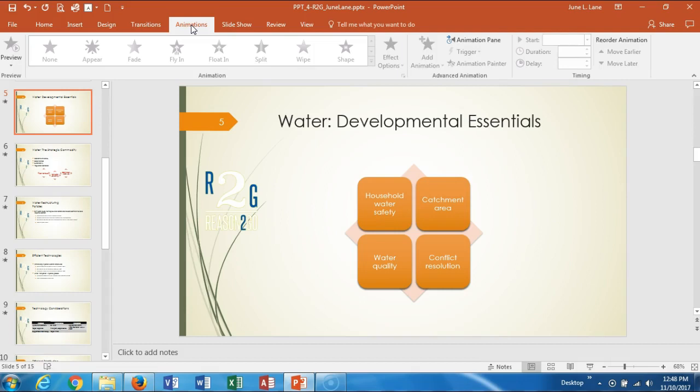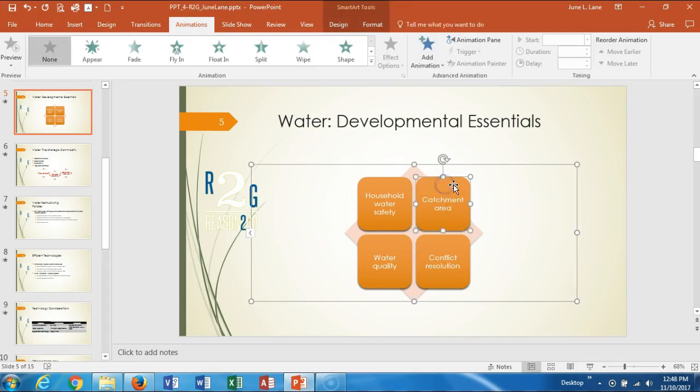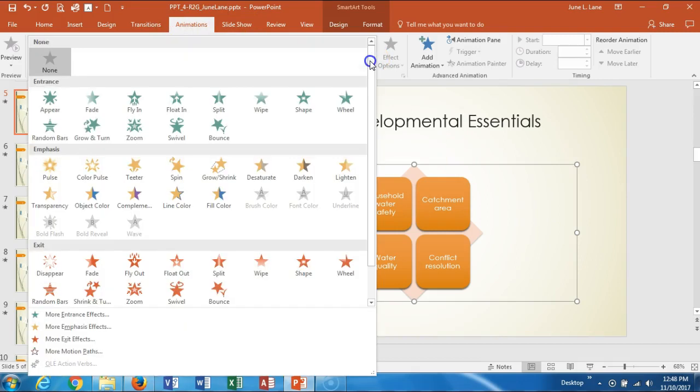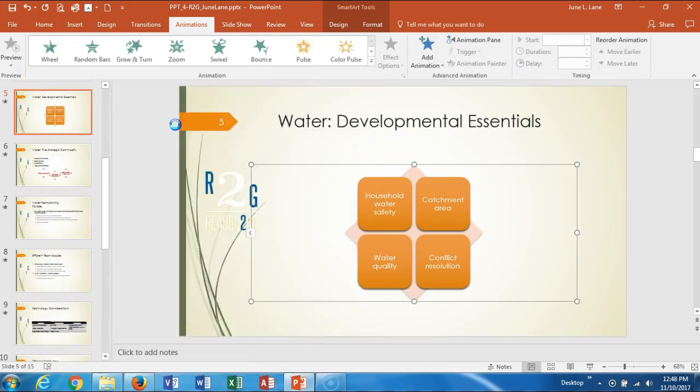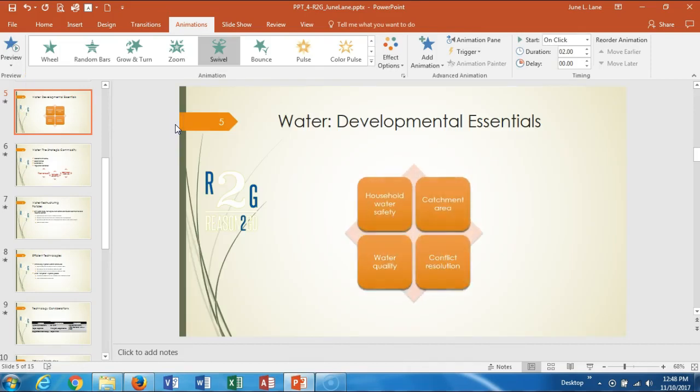So we are on slide number 5, and we're going to click on our SmartArt to activate it. We want to activate the actual object itself. Let's go up to the More button in our animation group. Look at our More options, and we want to select a swivel entrance. In my entrance category, let's select swivel, and we see that animation appear on that